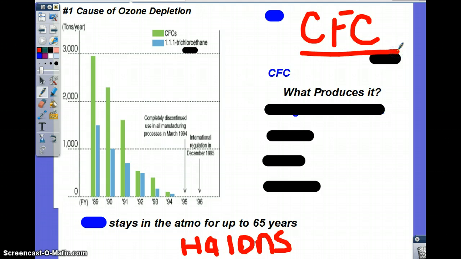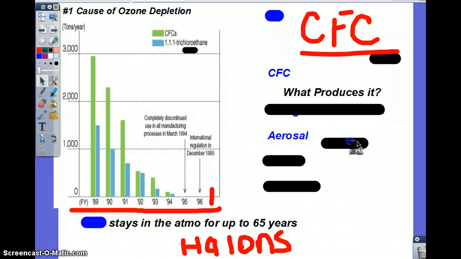This was so severe that if you look at this graph right here, when they first discovered the hole in '89, it only took '89 to '96 to ban this chemical. I mean, in the United States, not worldwide. That would have made a big impact. So the United States banned the use of CFCs. In '89, they were literally going to stop producing aerosol cans, because they didn't know how they could make an aerosol can without CFCs in it. Then they figured it out, so aerosol cans still exist. But you'll look at them, and they have a little triangle, and it says ozone friendly.